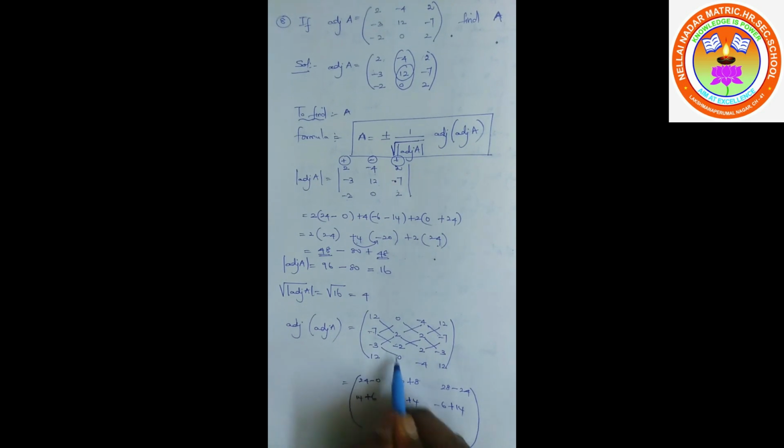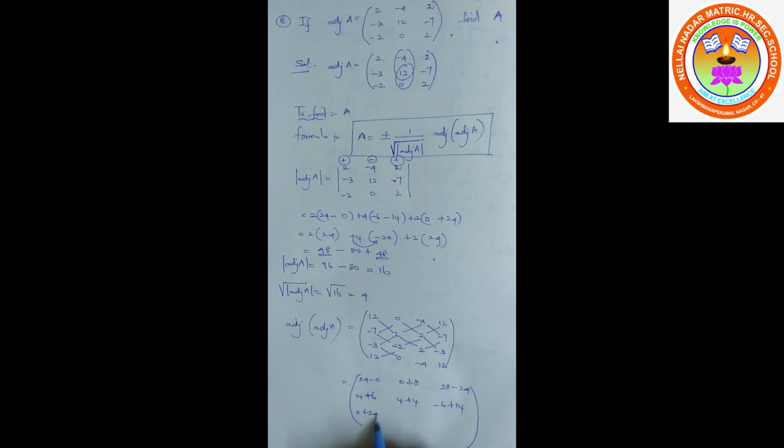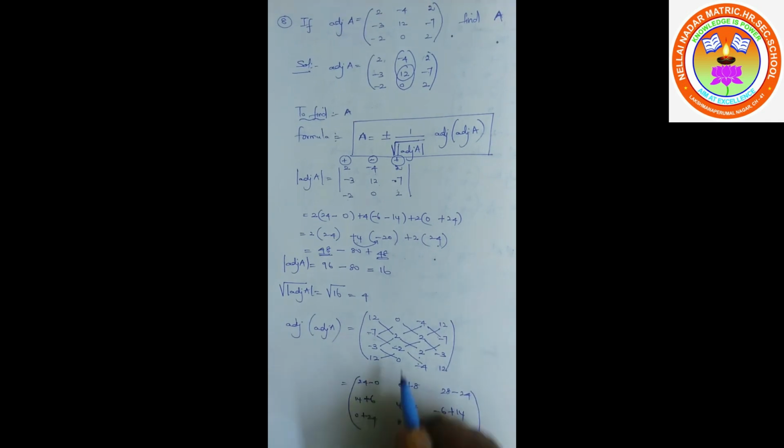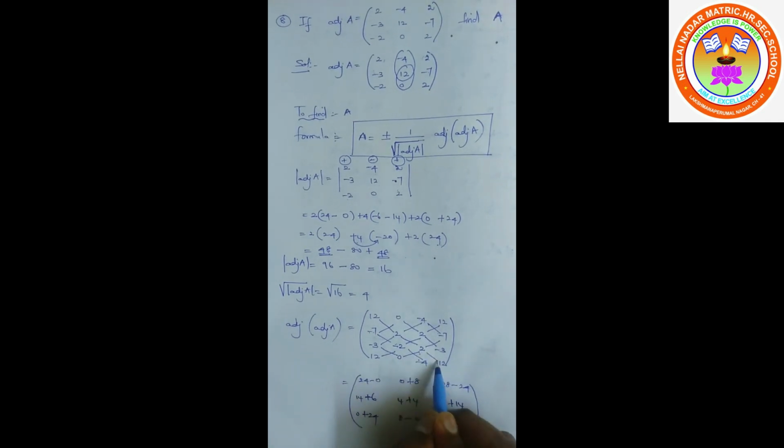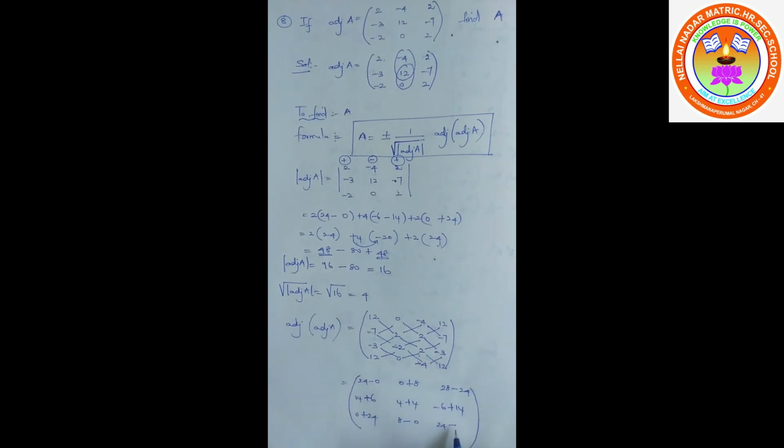2 into minus 3, which gives minus 6, always minus. 2 into minus 7 is minus 14, already minus, plus 1, so plus 14. Next, minus 3 into 0, 0, always minus. 12 into minus 2 is minus 24. This minus is present, so it becomes plus 24. Minus into minus plus, 2 4s are 8, always minus. 0 into 2 is 0. 2 12s are 24, always minus. Minus into minus plus, 4 3s are 12. So we are going to take and write this answer for that.